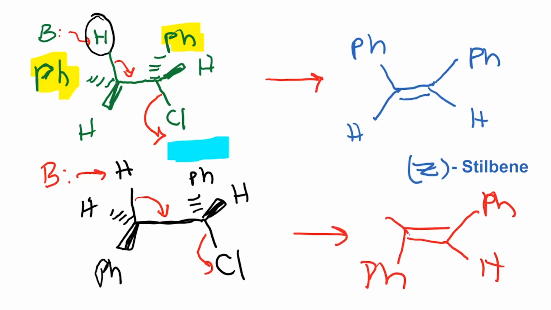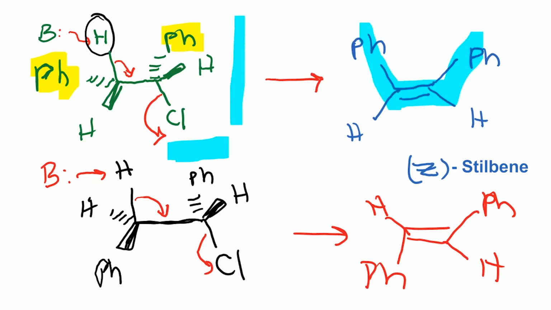Okay, so just to recap, we're taking this starting material and treating it with a non-nucleophilic base, maybe potassium tert-butoxide or something like that, and we're looking at the products that could be formed. From this conformation, we end up with the Z isomer, and if we start with this compound, we end up with the E